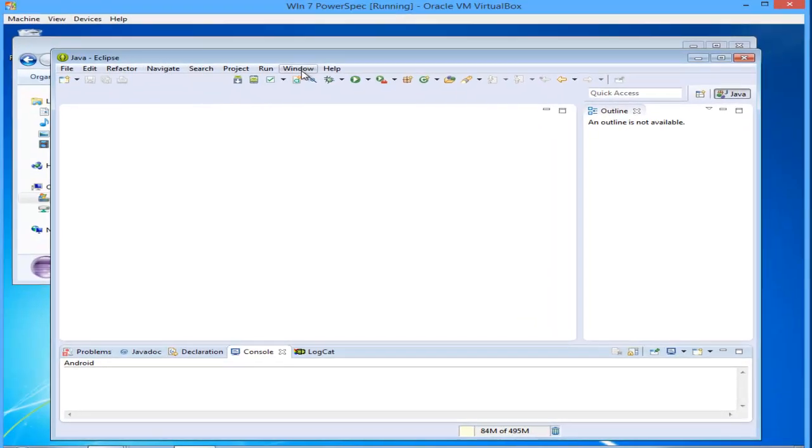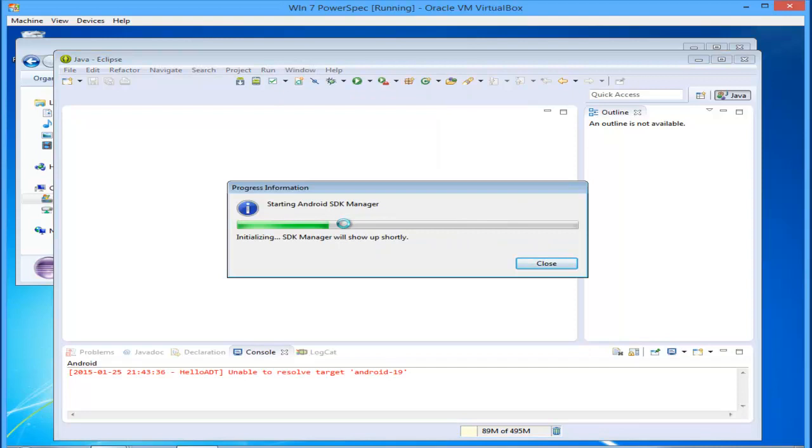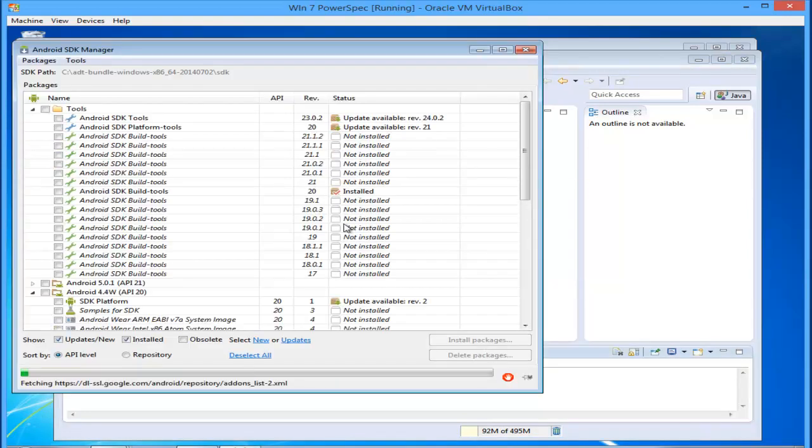So the very first thing you should do, we're going to go ahead and run this Android SDK manager. The Android SDK is updated pretty much constantly. For this semester, we're going to go ahead and configure it a certain way, and I recommend you probably keep it configured that way. If you need to change it, I'll let you know during the semester. So right off the bat, it wants to install 20 packages. We're not going to